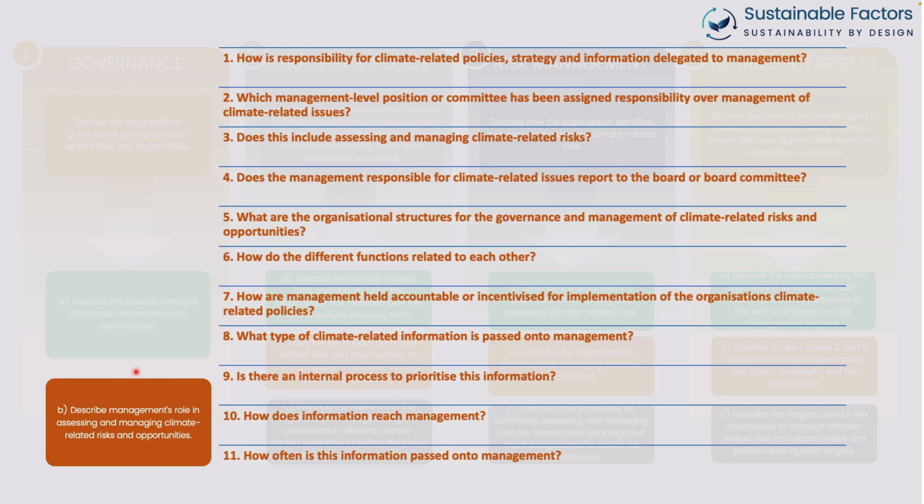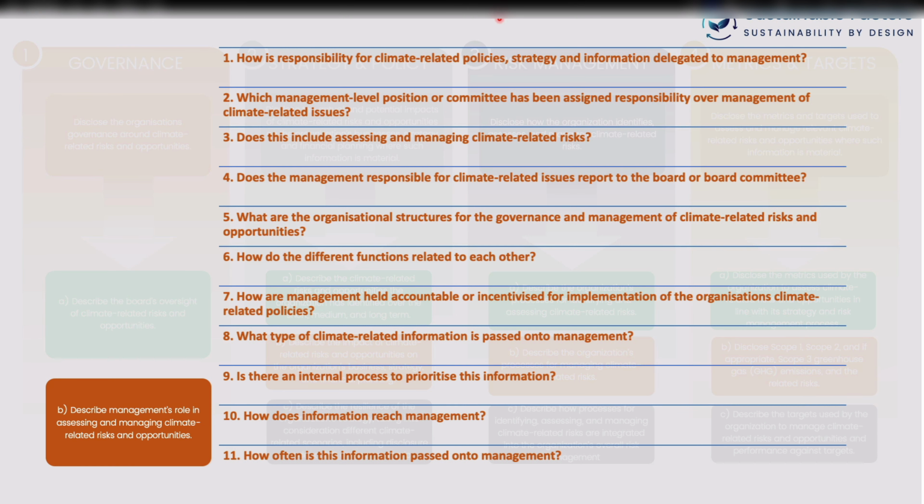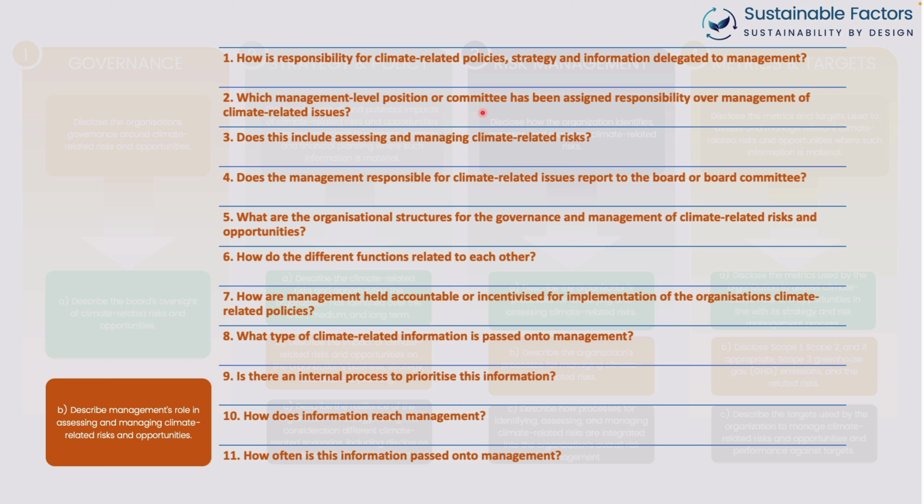So let's look at the second output, describing the management's role in assessing and managing climate-related risks and opportunities. And once again, we see 11 questions here, some of which again are closely related. And when you go about your investigations to answer these questions, you will have a pathway, albeit with a subjective bias to some degree. You can't eradicate it totally at this stage, but you'll have a pathway to start populating your TCFD alignment disclosures. So take, for example,